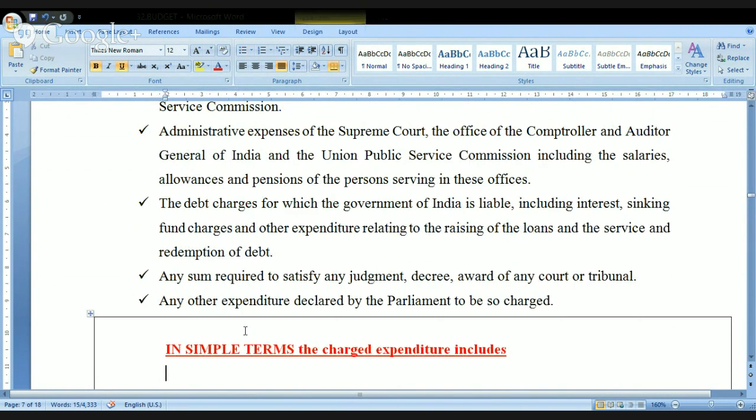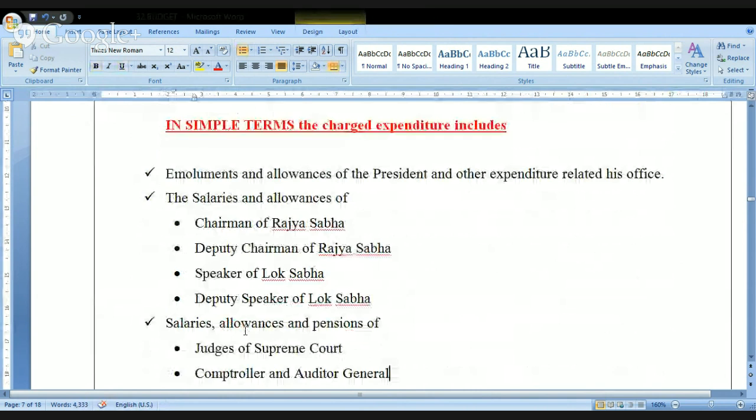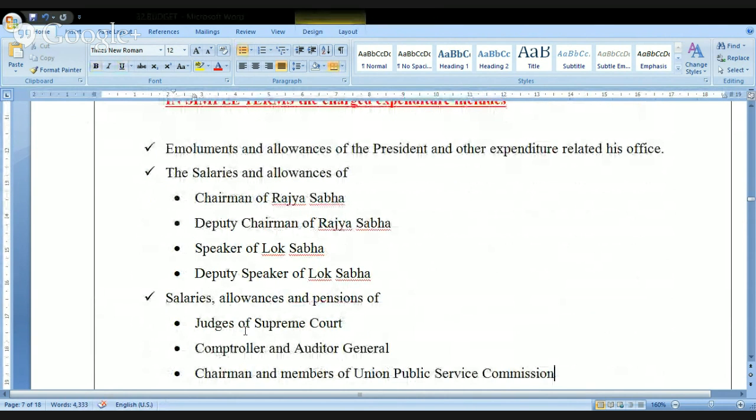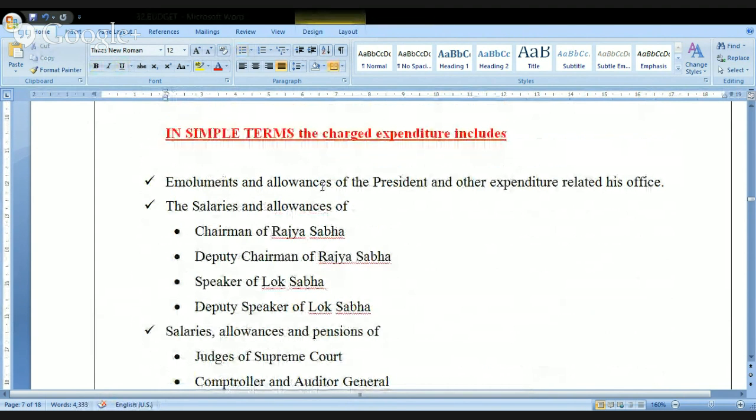Next one, in simple terms. So I made it some simple here. In simple terms, the charged expenditure includes emoluments and allowances of the president and other expenditure related to his office, the salaries and allowances of chairman of the Rajya Sabha, deputy chairman of the Rajya Sabha, speaker of the Lok Sabha, deputy speaker of the Lok Sabha, salaries, allowances, and